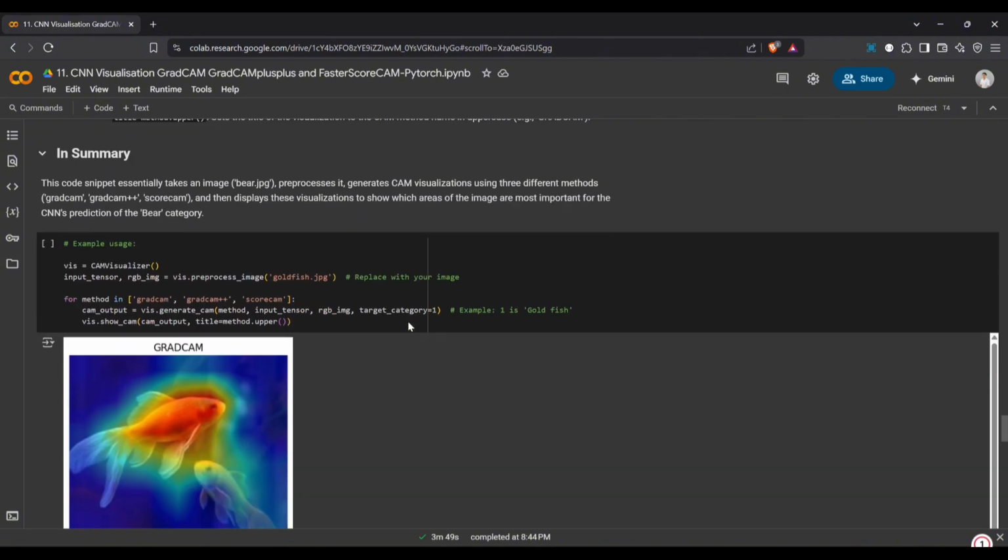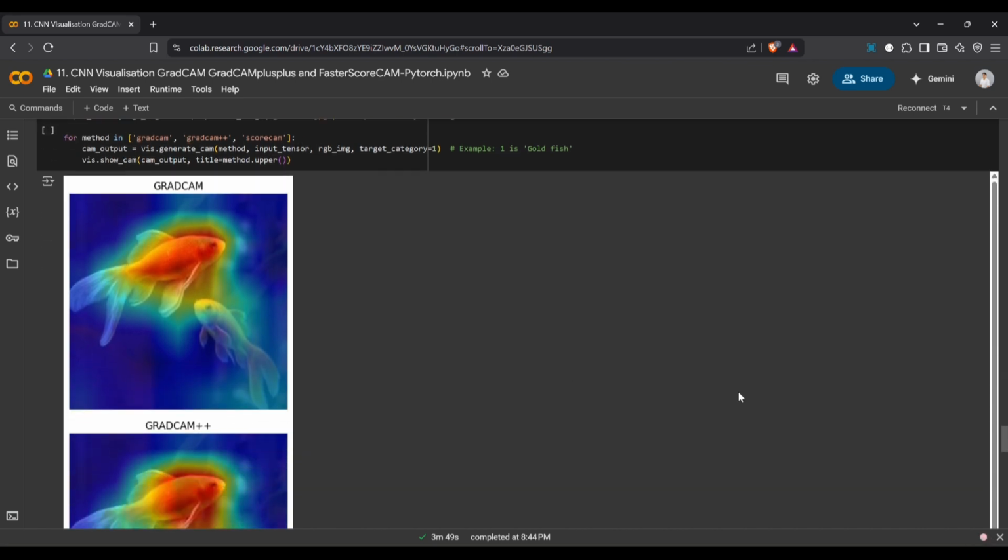Okay, so as you can see here, for this example, for this goldfish here, it has well targeted the whole body, somewhat the upper part of the body of a goldfish here. Okay,